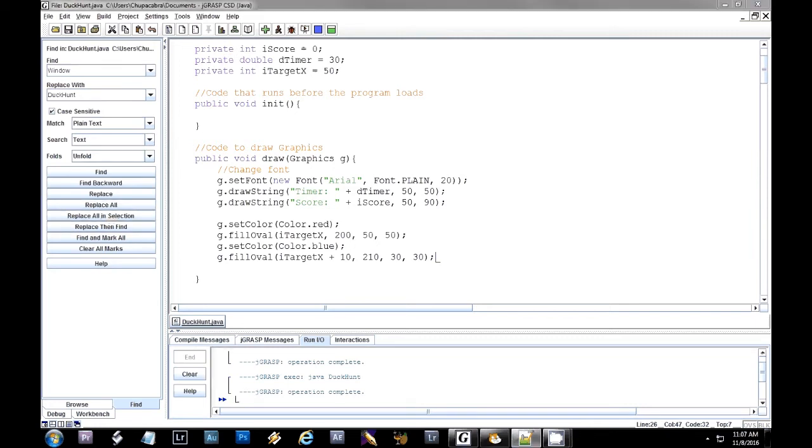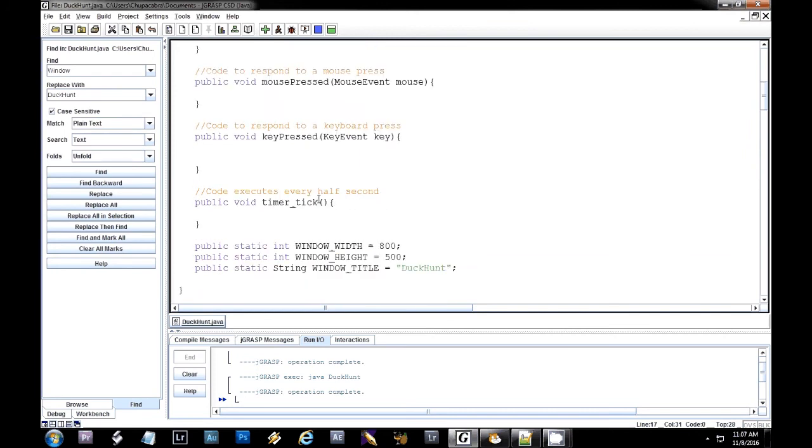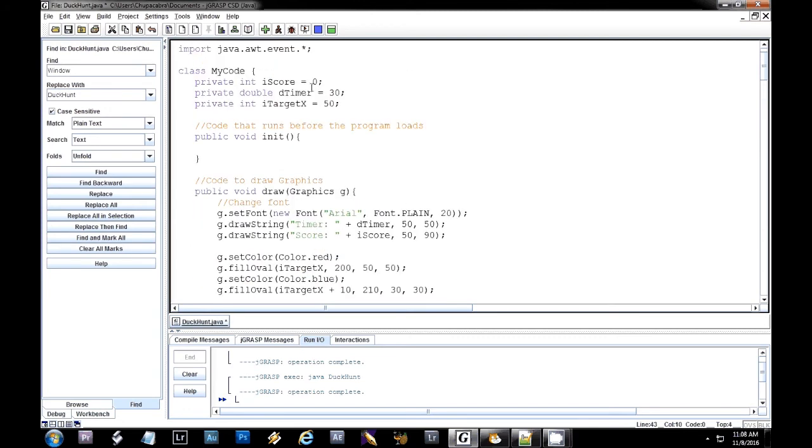So I'm going to go down to our timer code, and it's going to be pretty much the same thing we did in our cookie clicker this time. So if our timer is greater than 0, then we're going to have it go down. We're going to move our duck, and that sort of thing. So here, my timer, I can't remember what my timer is called. It's called D-timer, wasn't it? D-timer. So here's my timer tick. If D-timer is greater than 0,